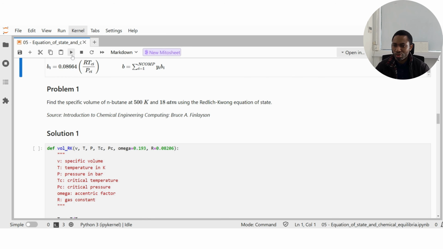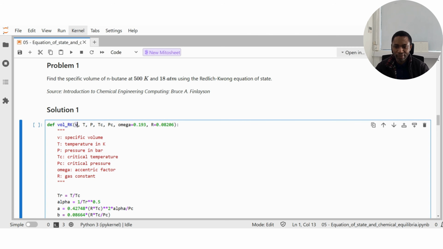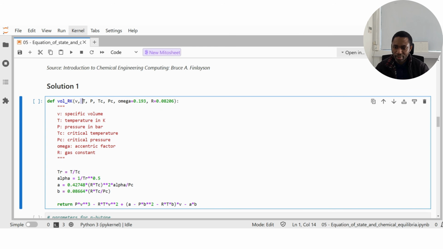Let's go straight to problem one. Problem 1 says find the specific volume of N-butane at 500 Kelvin and 18 atmosphere using the Redlich-Kwong equation of state. The source of this problem is from Introduction to Chemical Engineering Computing, Bruce A. Finlayson. So we go straight to the solution, and in the solution, I define volume_RK, which takes volume,